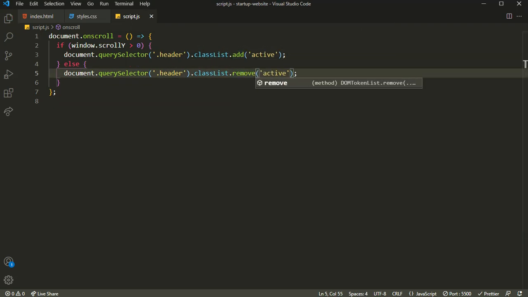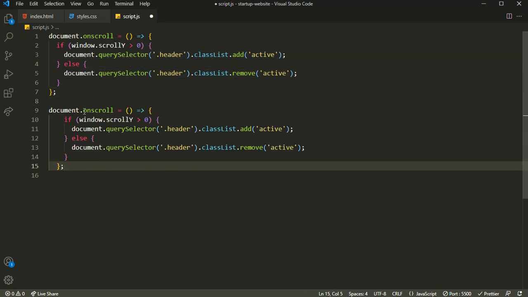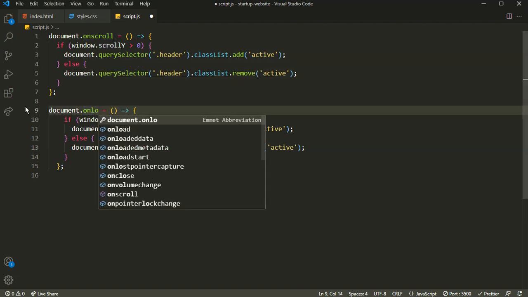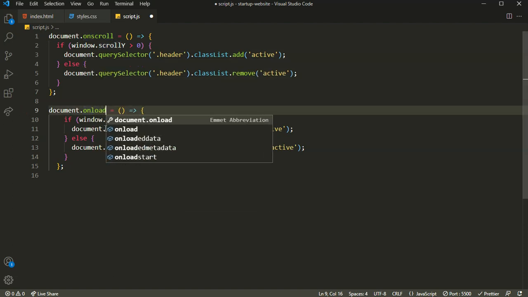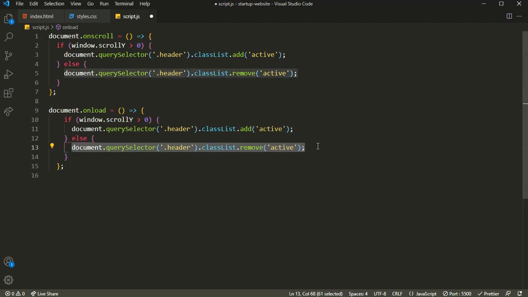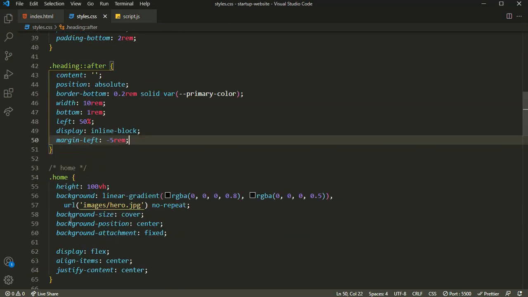And also guys, we are going to do the same for on load also, so that when the website loads, if it is in this different section, I want it to set it as active. If it is in the home section, I want to remove the active class. So this active class is not yet defined. So let's come here